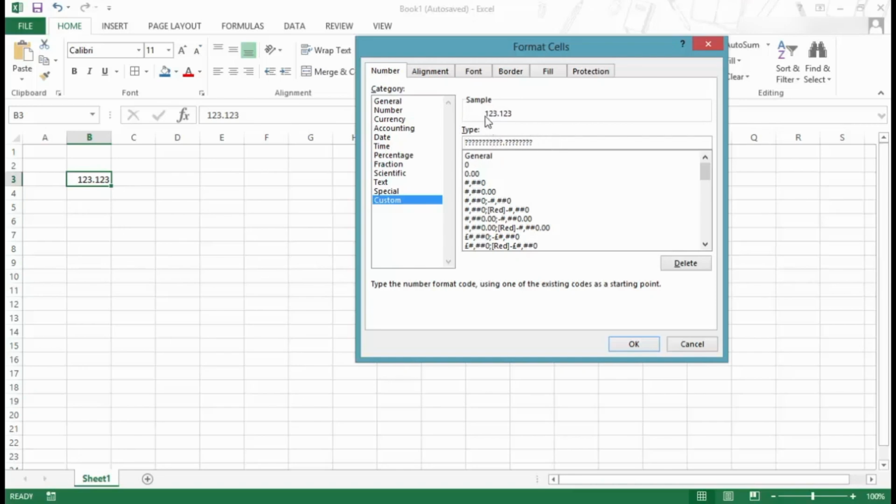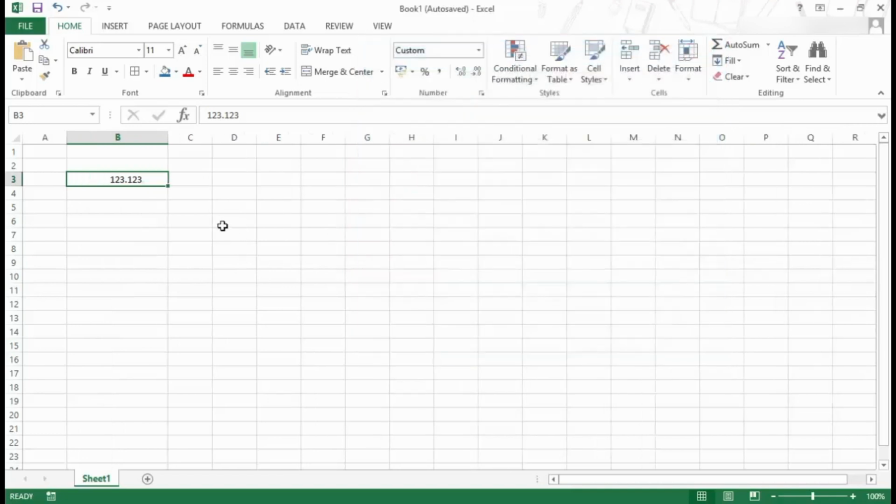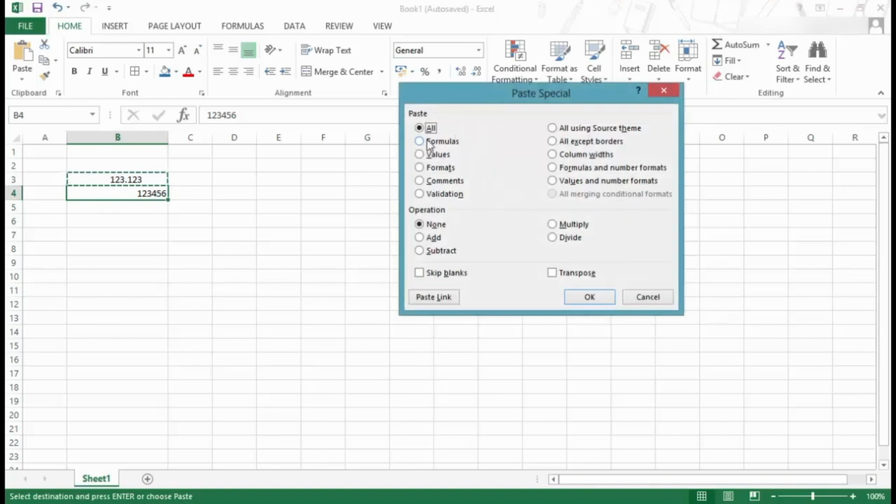So what question mark does is, when the numbers are done, it would ensure that these many characters are there in the cell. So for example, if I look at this number and if I click OK, you can see that there is a space for those many characters as specified by the question mark. Now if I type another number here, 1 2 3 4 5 6, and I hit enter and I apply the same formatting, so I copy, I come here and I use apply format, I would hit Ctrl Alt V